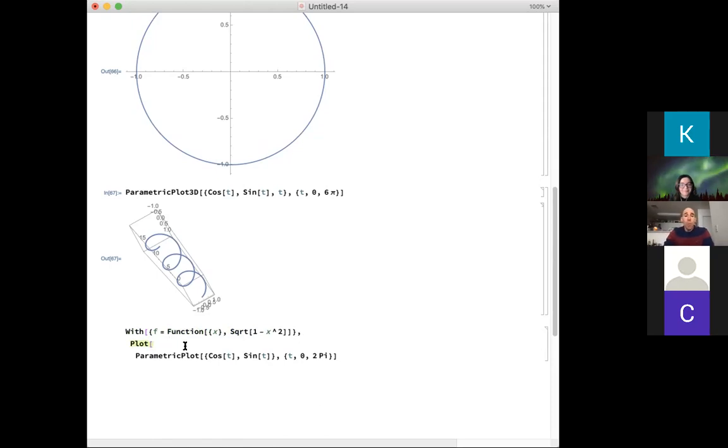All right, so we want to plot, and let's do our tangent line, noticing that this is just the upper part of our circle. So our slope is going to be f prime, our derivative. We could take the derivative of f in this way if we wanted to. Another way, if you've got a function of one variable, is that Mathematica recognizes the shorthand f prime of x. But here we want to evaluate it, let's say at the point 1/2. So there's our slope times our independent variable plus,